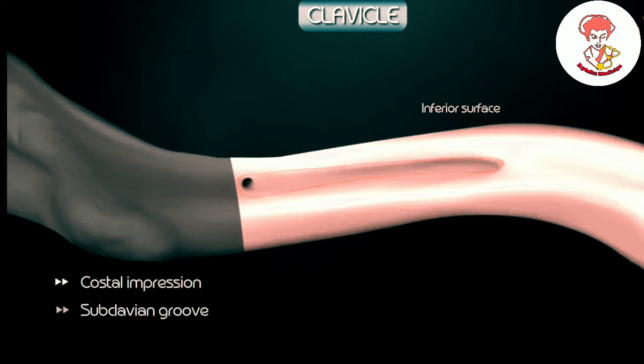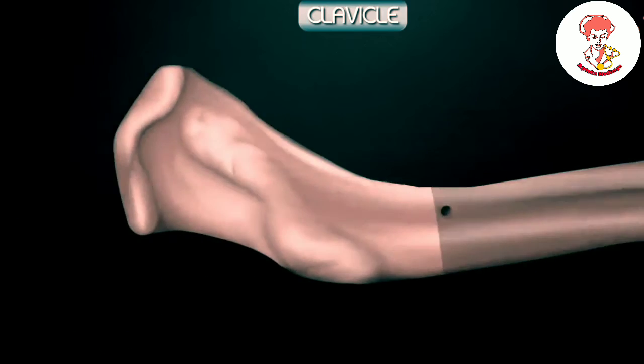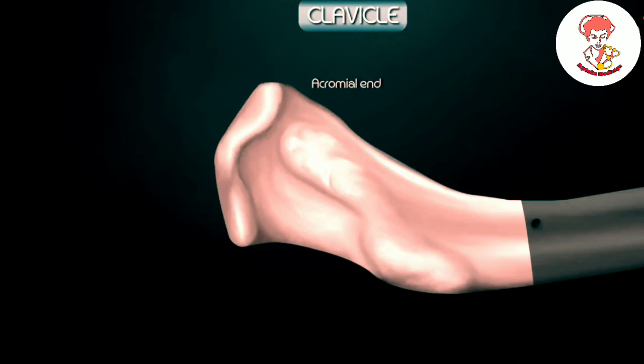Clavipectoral fascia is attached to the margins of the subclavian groove. The nutrient foramen is directed laterally and is present on the lateral part of the subclavian groove. Acromial end. This end is flat and has an oval facet which articulates with the clavicular facet on the acromion